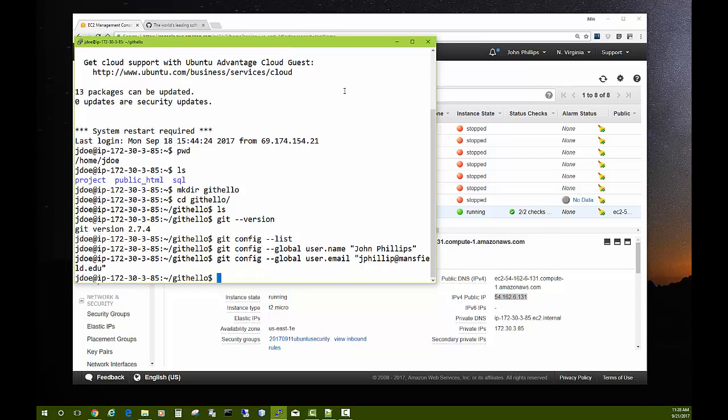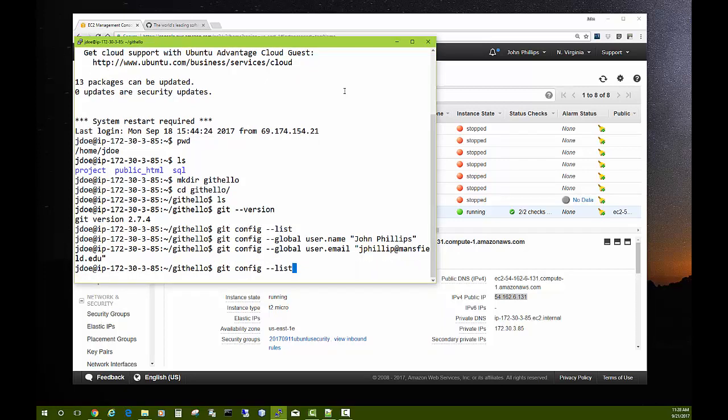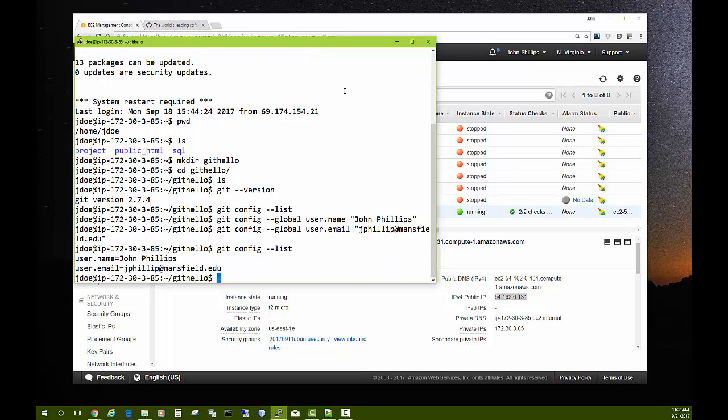And now if we go up a couple commands, git config --list, I just hit the up arrow key a couple times, and now we see it has been configured with a username and email. And if you got something wrong there, you can just retype the command. All right,